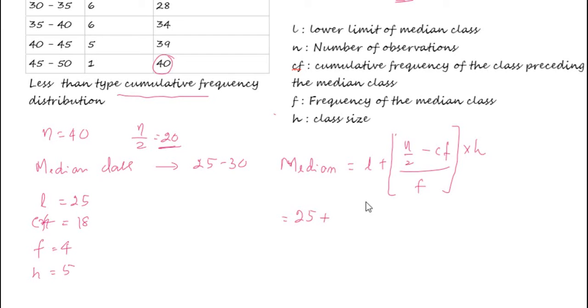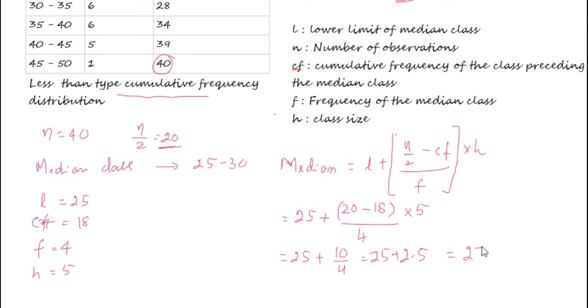N by 2 is 20. CF is 18 divided by F is 4 into H is 5. That is equal to 25 plus, this is 2 into 5, that is 10 divided by 4, this is equal to 25 plus 2.5